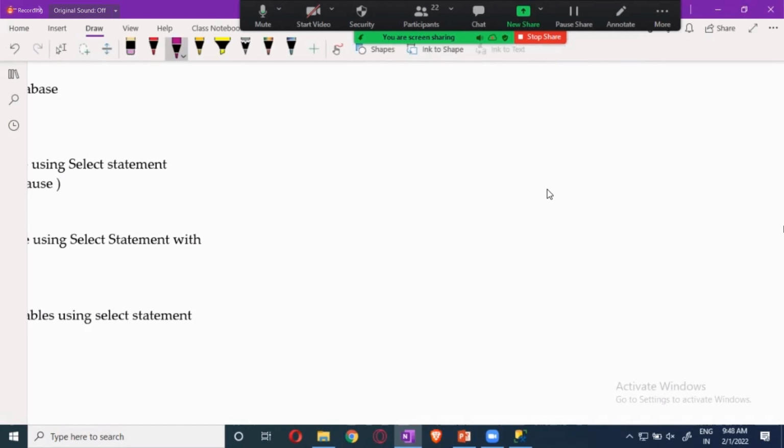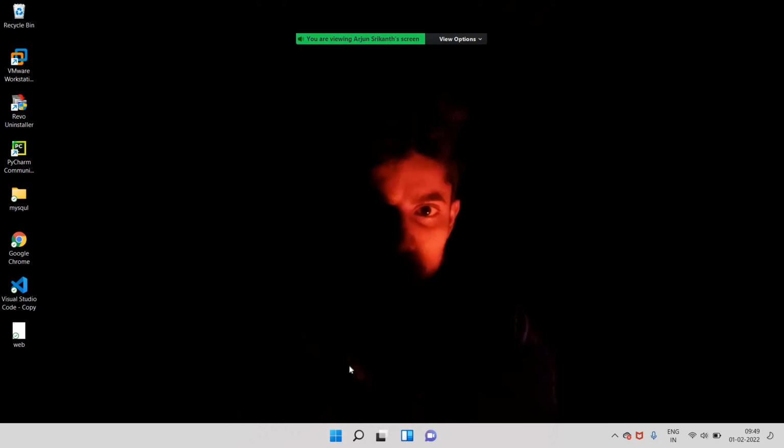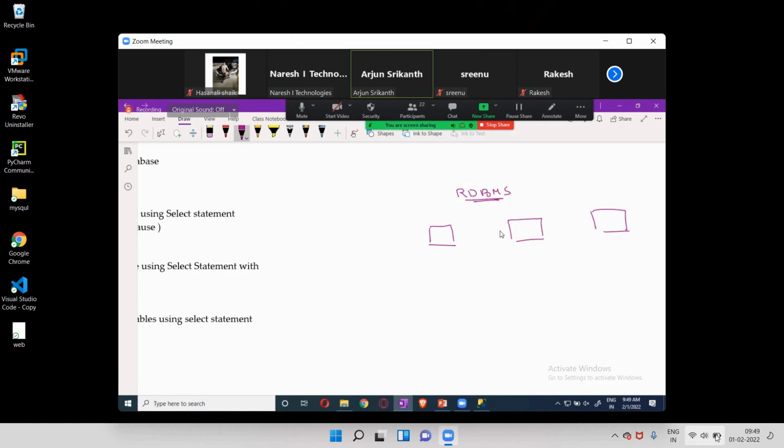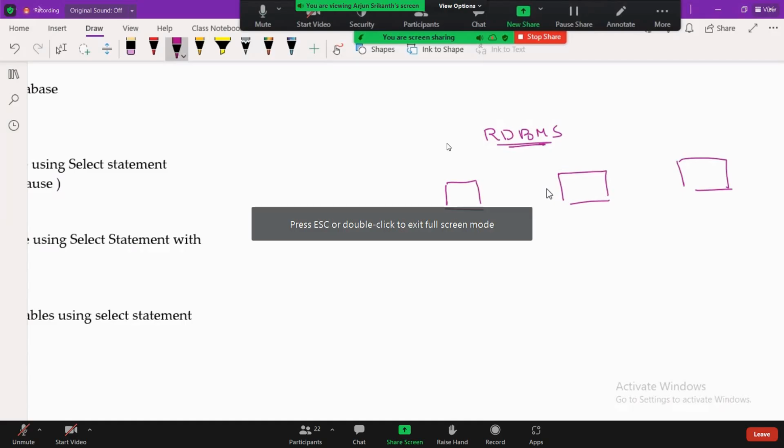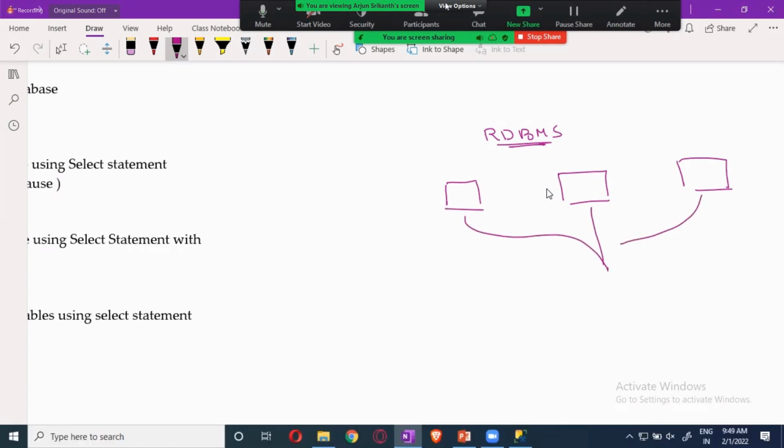Usually whenever we are dealing with an RDBMS, guys, all the data will be stored in small chunks, small pieces, in tables like this. This is one table, this is one table, and this is one table. So there will be multiple tables. But when you extract the data, we are going to combine the data from these three tables, and then present it to the end user in this fashion.